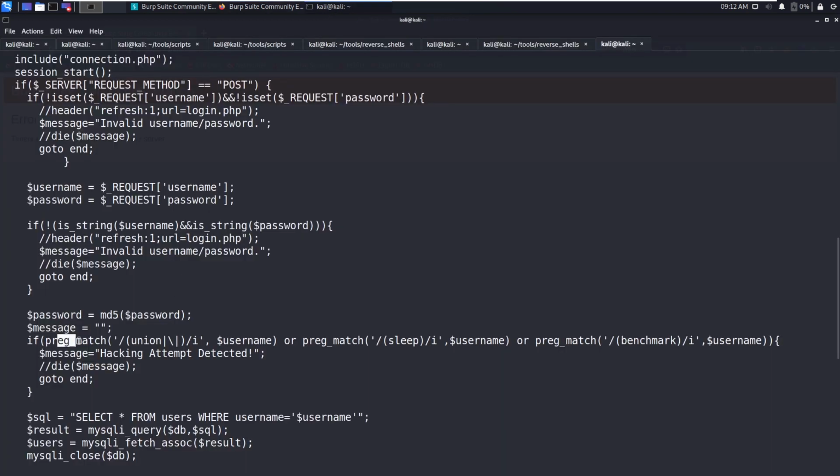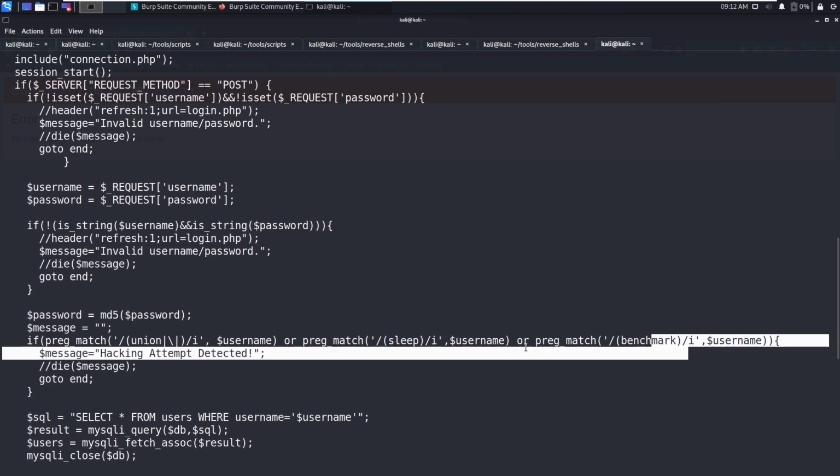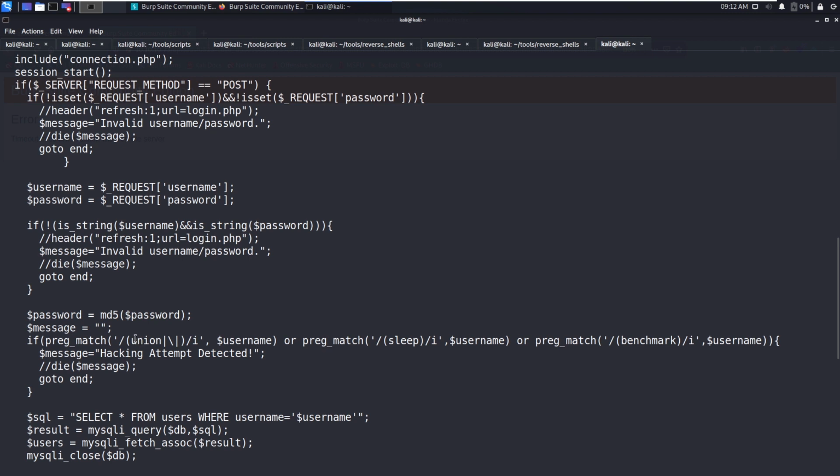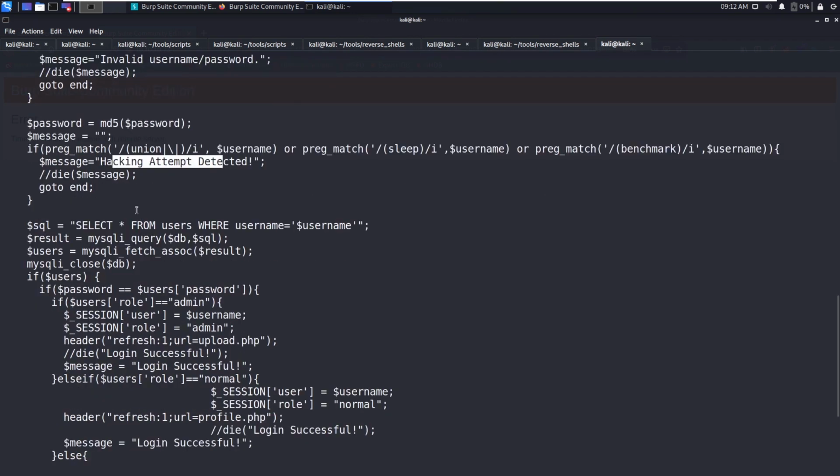Now, a match of union, sleep, or benchmark. So you can see, if we send union, sleep or benchmark in the username field or password field, it says hacking attempt detected, so we are going to end. Otherwise we are selecting. So you can see this is the SQL injection. So this is not filtered correctly.